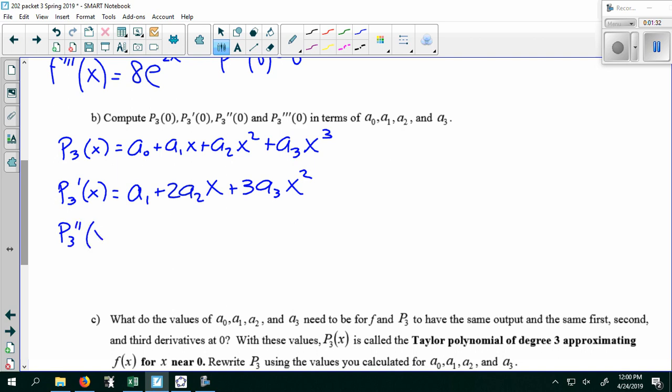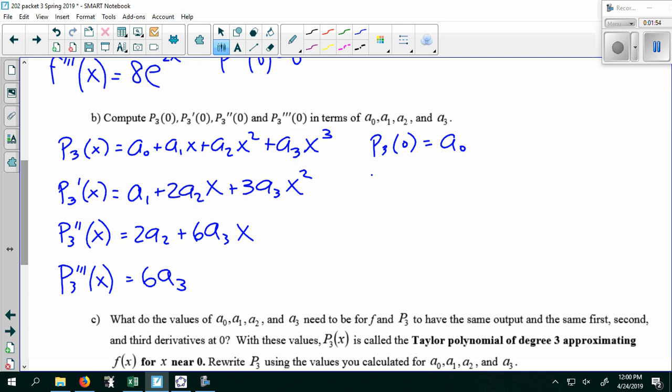P3 double prime is 2a2 plus 6a3x, and P3 triple prime is 6a3. And now I'm going to plug 0 into all of these,